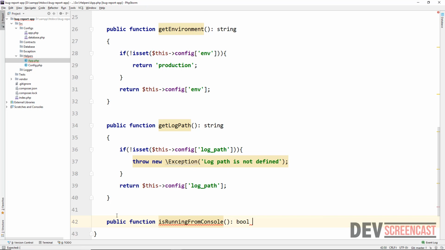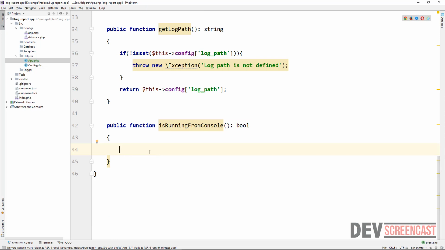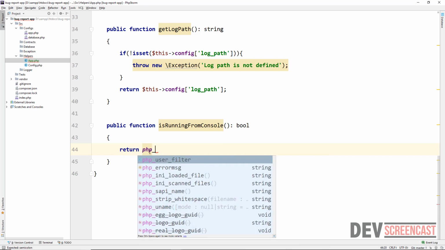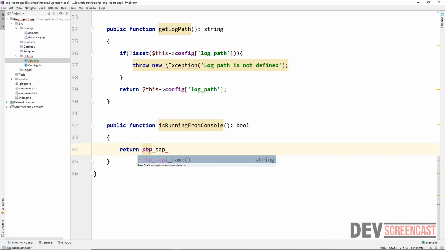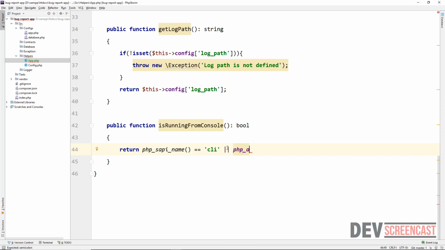So this will be true or false. And the way that we want to determine that is to use the inbuilt PHP function. So we're going to say return PHP_SAPI. So that will be php_sapi_name is equal to CLI. So CLI is the command line interface, or php_sapi_name is equal to PHP